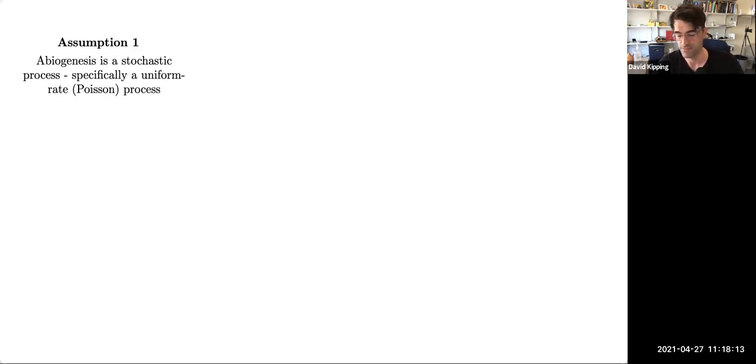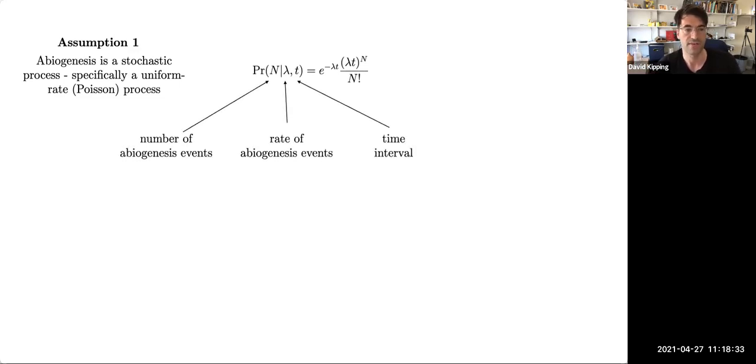So from going from time equals 0 to time equals 1 million years, the probability of life starting is the same as from 1 to 2 or from 1.5 to 2.5. In any interval, the probability of abiogenesis is the same. So that defines a Poisson process. If that's true, write down the probability distribution like this. So we have the number of abiogenesis events, n, given a rate of abiogenesis. We have to have some rate, and that's ultimately what we're trying to infer, over some time interval. So you just have the normal Poisson distribution.